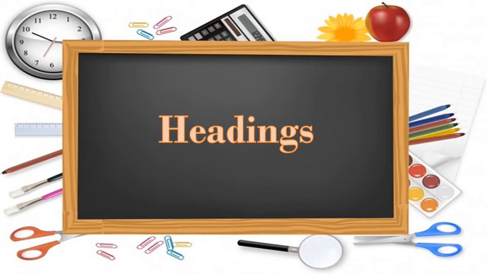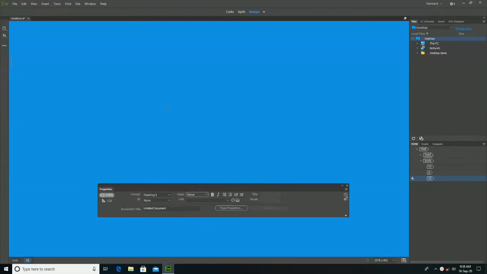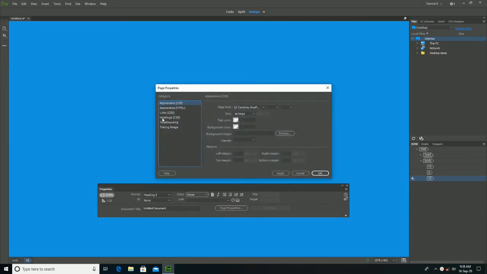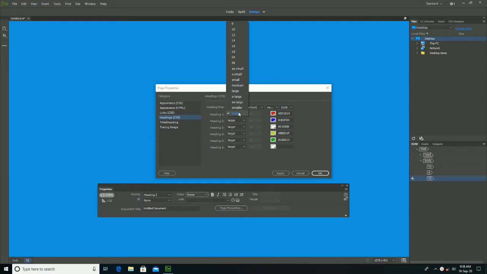So now we will see about the headings. So we can define the heading properties for heading 1 to heading 6. These headings can be applied to a paragraph for the convenient formatting of the web page. So now let us see how we can set the heading. Select the page properties and in the category window select the headings. So here you can see the 6 levels of headings. You can set the size of each heading from 1 to 6.